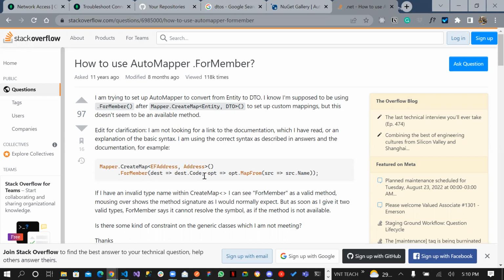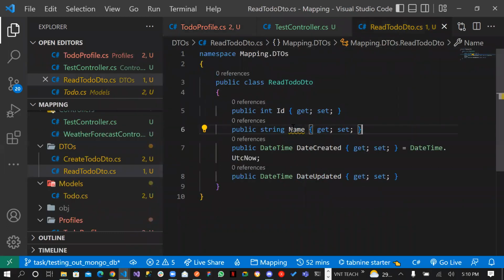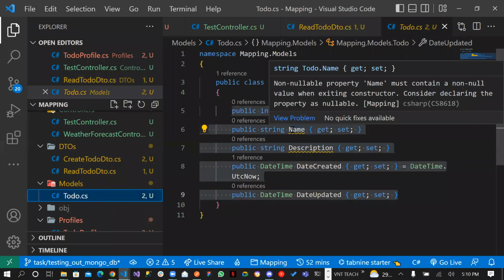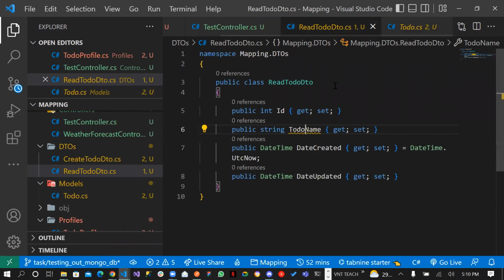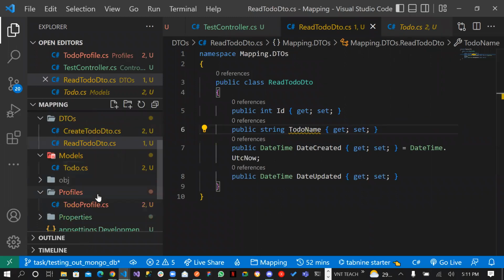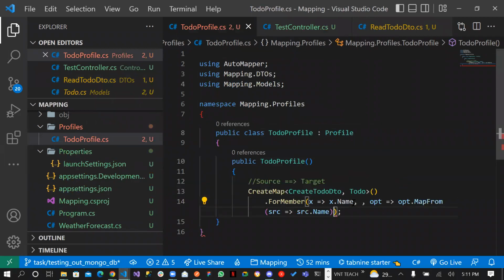But what this is doing is, let me use this to explain something else. Let's say that on our to-do, on this place, I have ToDoName, but on our to-do, I have just Name, right? AutoMapper is not smart enough to know that ToDoName is going to come to Name. But if it's just Name, AutoMapper would know that this Name is going to go to this Name, right? But if I have it like this, ToDoName, then I can, let me come back to our profile, and I can use the ForMember class and say, for member Name, then MapFrom source dot